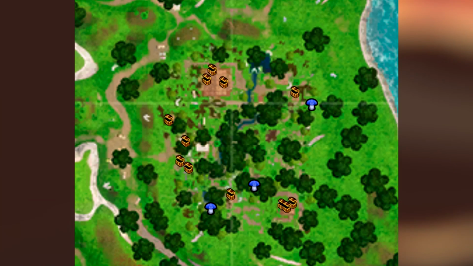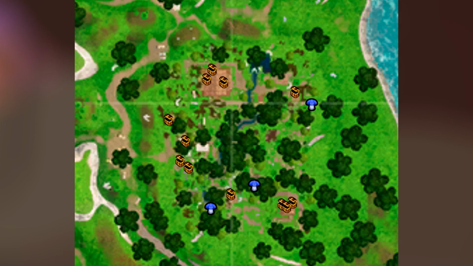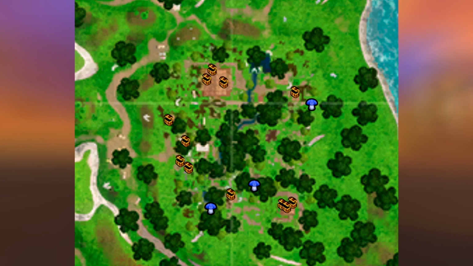Next up, we got search chest in Lonely Lodge 0 out of 7 for 5 battle stars. This challenge, just like all other weeks, will be very difficult to do at first. It will take you multiple games because literally everyone will be landing here. But in my opinion, the easiest way to complete this one will be landing on the far west side of Lonely Lodge. Not the main lodge itself, not the watchtower off to the southeast side, but the west side,